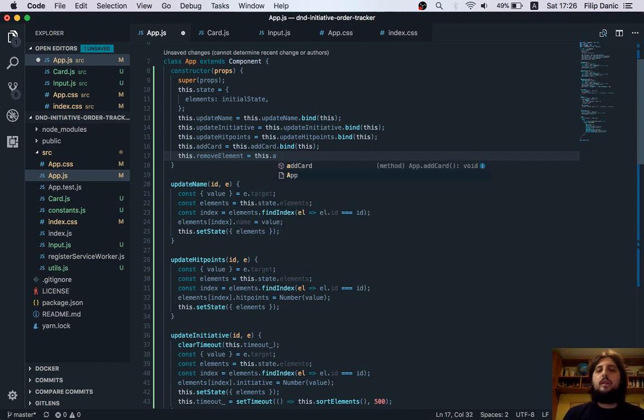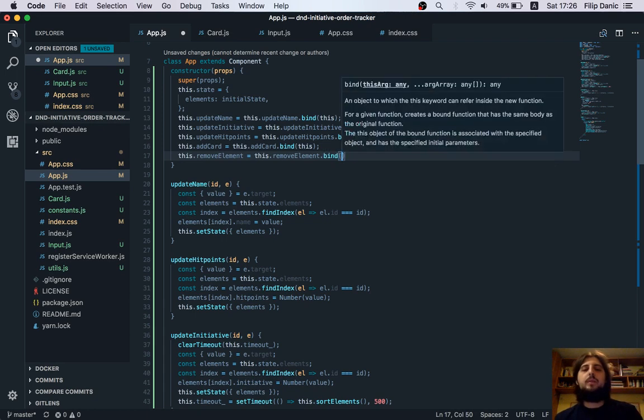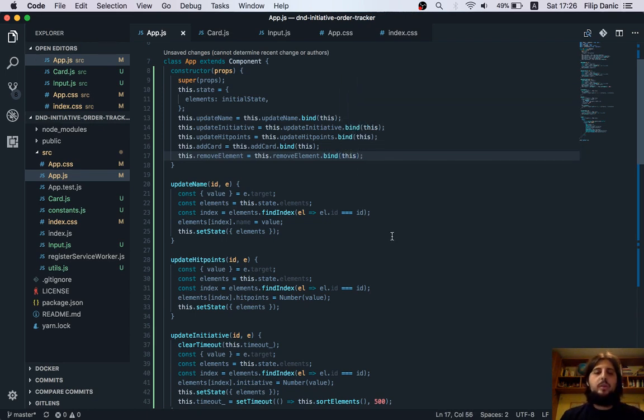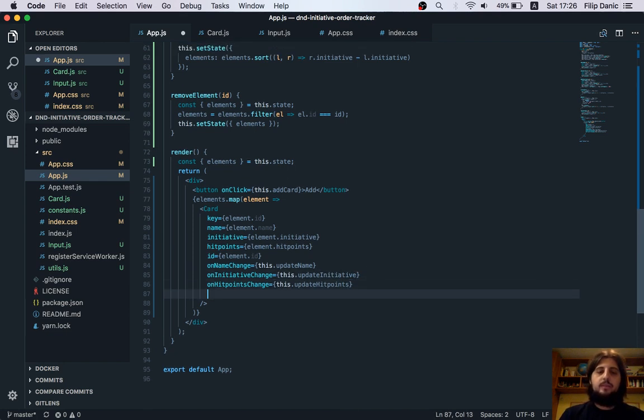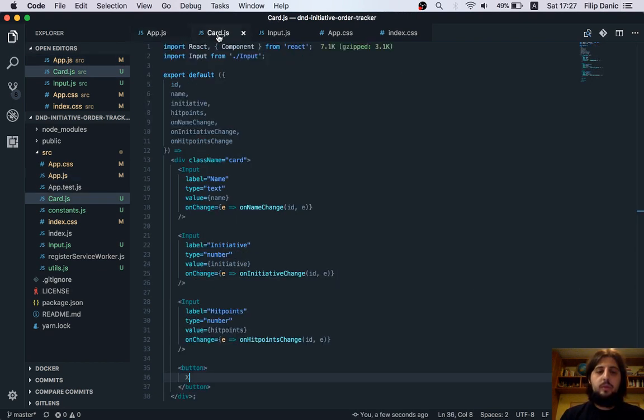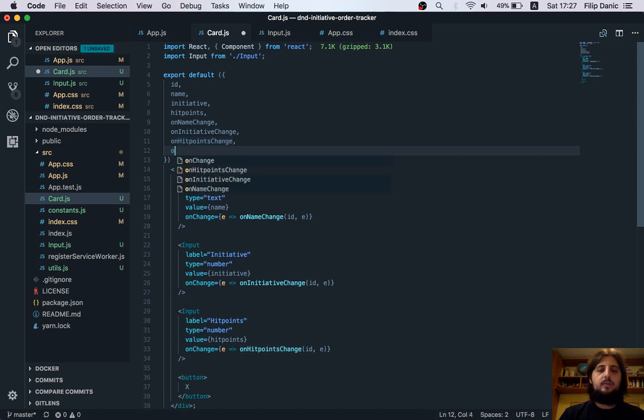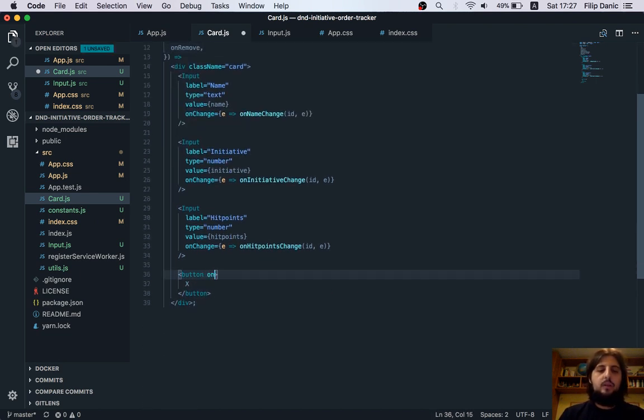Since we're not dealing with a very large list of elements, there's no reason to worry about any performance implications of anything that's in this component just yet. So onRemove is a new property here, and basically we're going to be calling